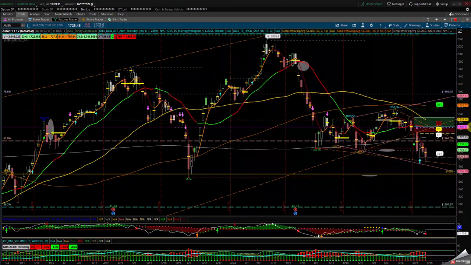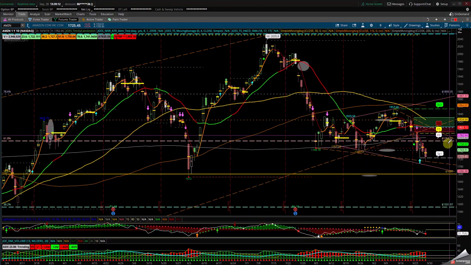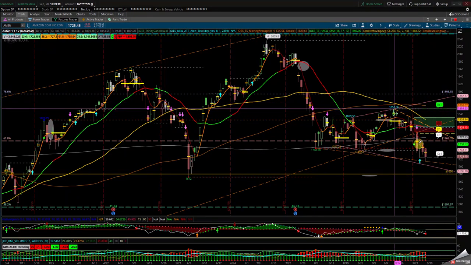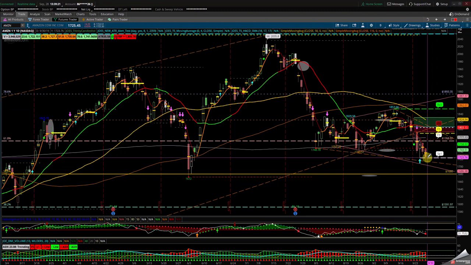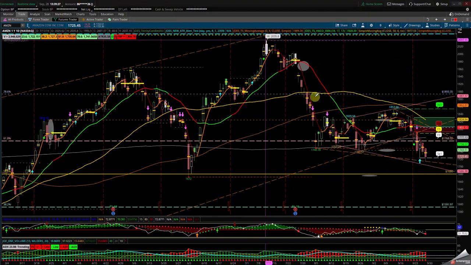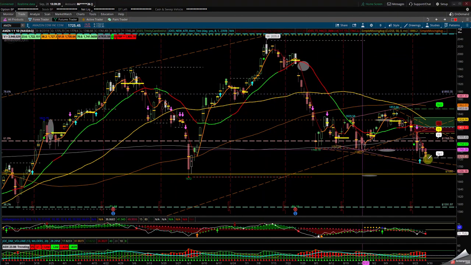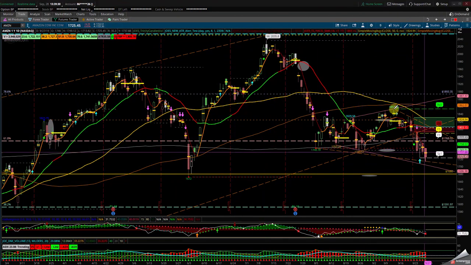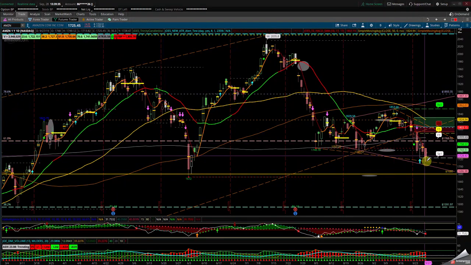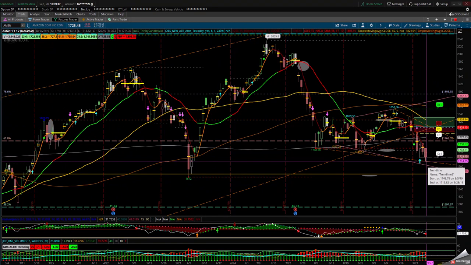In order to continue higher, Amazon has to clear 1770. The smaller range is this high to this low. But what do you do to look for extension? You take this area high to this area low, or this area high to this area low, to get the extension. Since the computer did this, what I'm going to do is take this fib here, the nearest high to the nearest low, and see where the extensions can be.